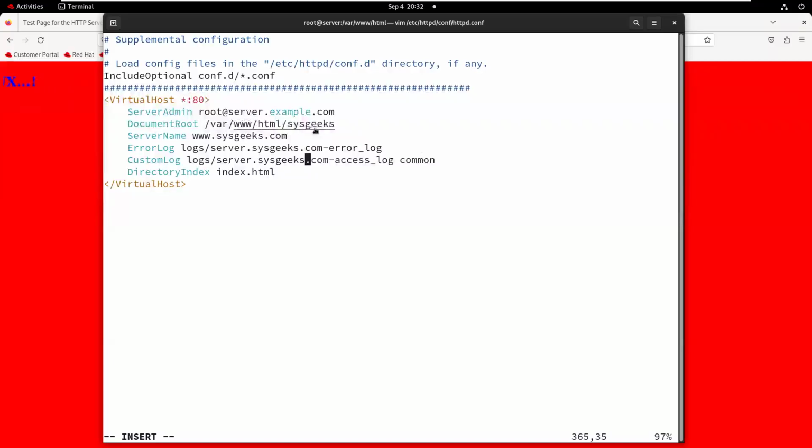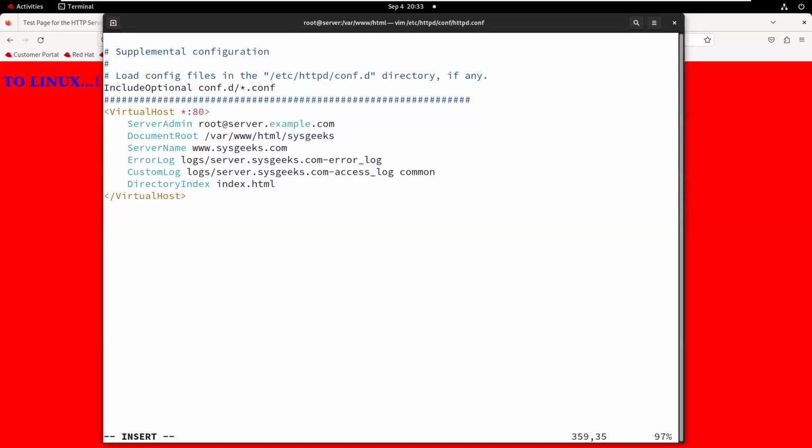Within this folder, you can write multiple pages, but by default the home page name is index.html. I mean, the directory index directive will collect the home page with the name index.html. That's why in every website the first page is index.html. So this index.html page, you will keep in the sysgigs folder. So this is the one customer website. Let me write, these are all commented, I want to write, this is the sysgigs customer website.